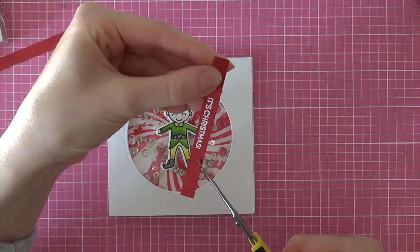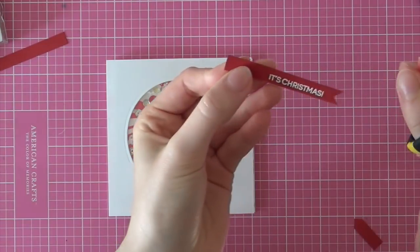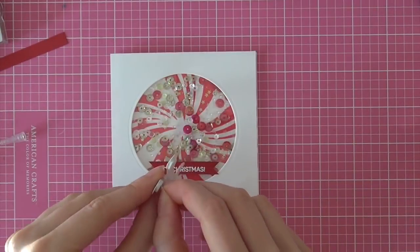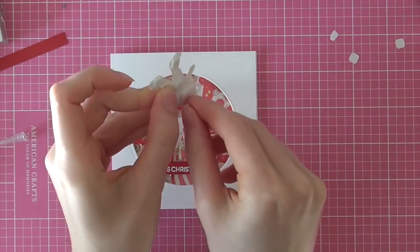I'm using my EK Success Cutter Bee scissors to cut a V-shaped banner out of this piece of cardstock, and then I can adhere it onto my sequin shaker with my Scotch ATG. Also adhering my little elf with some foam adhesive,